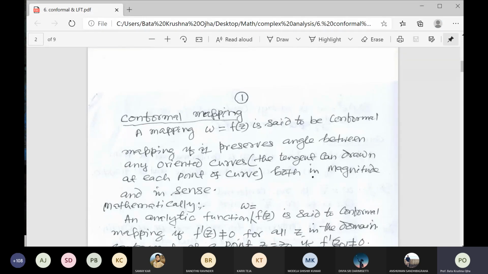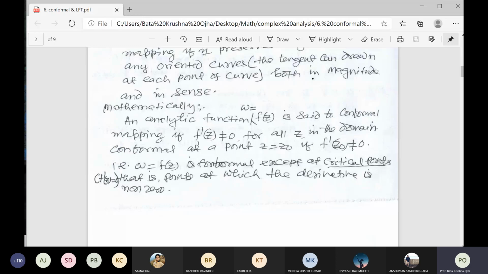So if you measure the angle between two curves in the z plane and the w plane, theta and phi, and you find theta is equal to phi and the directions are the same, then you say it is conformal. But this definition is not practical for verifying that your transformation is conformal. So mathematically, I will give another definition for analytic functions. If f of z is analytic, then this function is said to be conformal